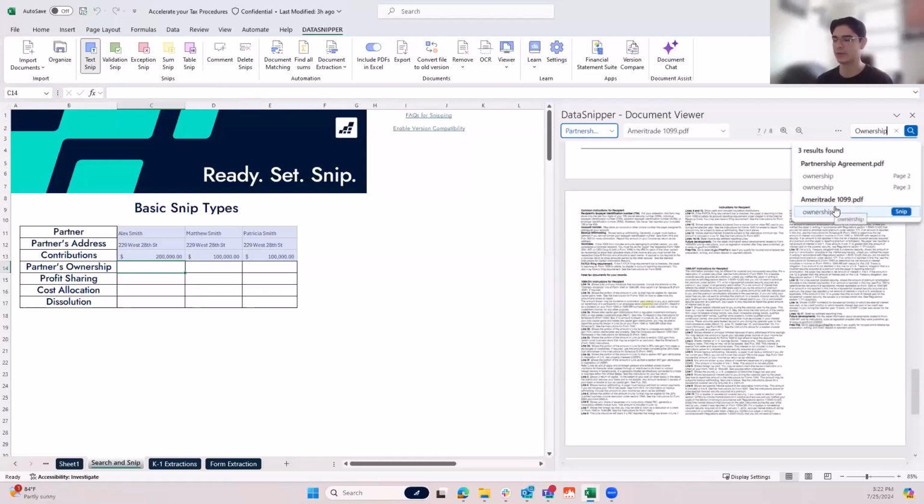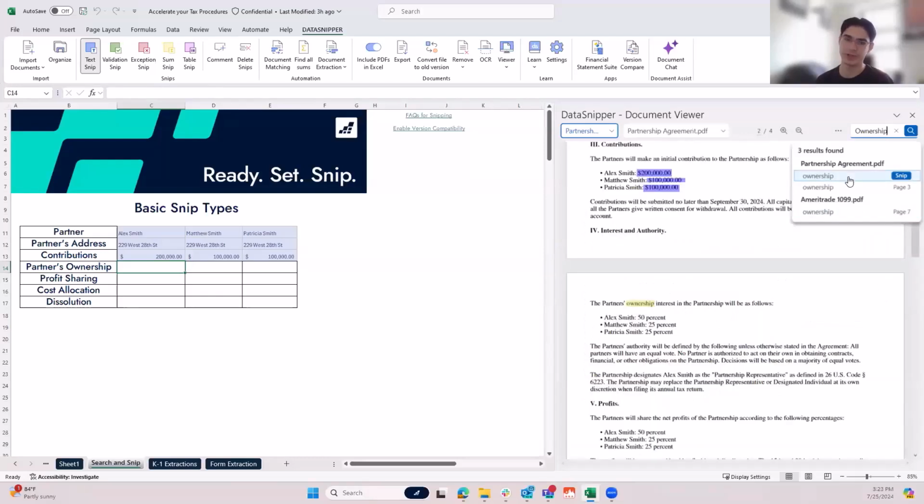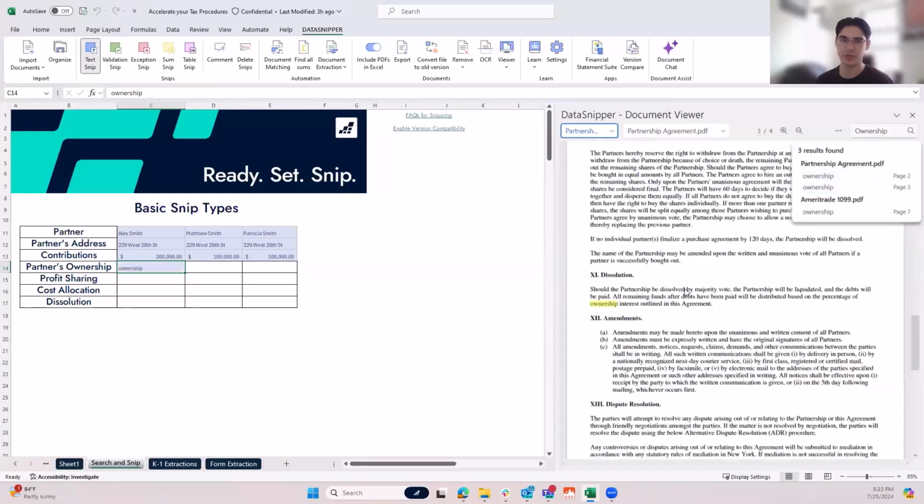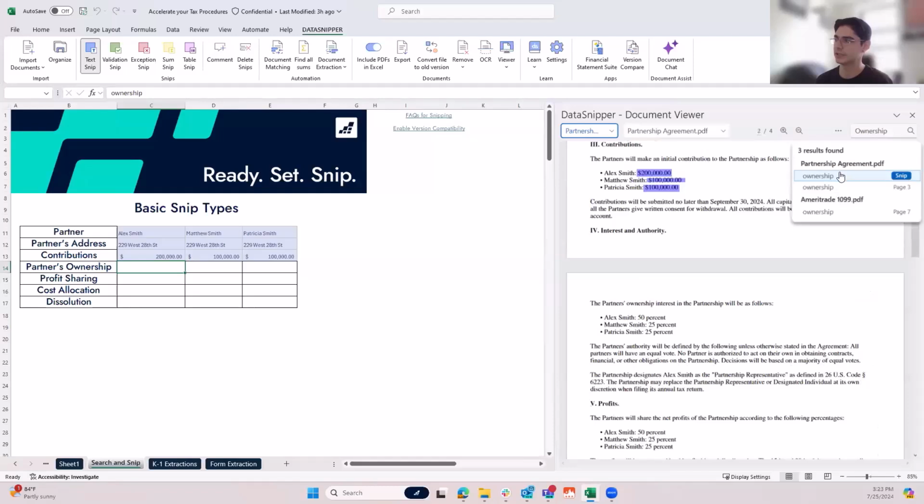So this is also really helpful if you're looking through multiple different contracts or multiple different agreements at the same time. You have the ability right within Excel to search through all of your documentation. Now, if you just want to snip out the key term here, all you have to do is click snip here, and it's going to snip where that key term is. If I go ahead and just delete this snip quickly, let me redo my search here, and I can see here,